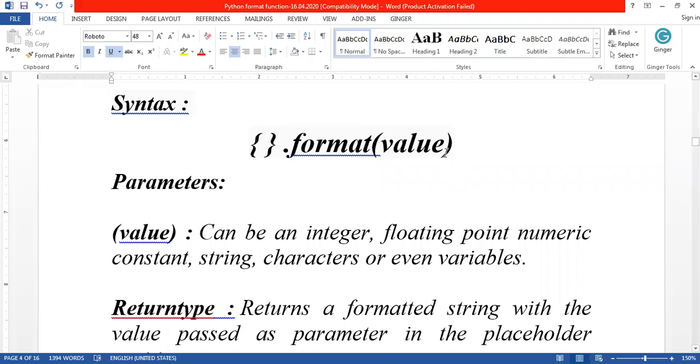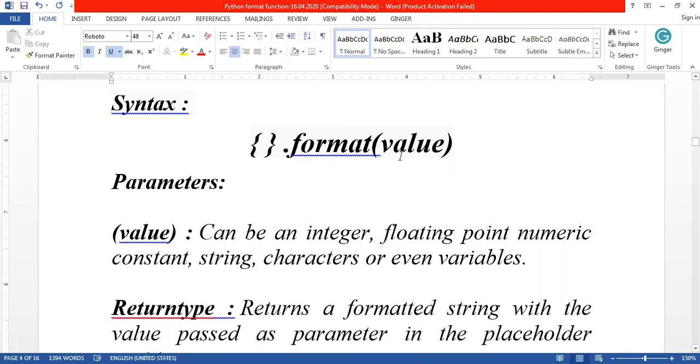So this value will be replaced in this placeholder. So that is the meaning. This is called a placeholder, which is replaced by the value that is passed as a parameter inside the format function.